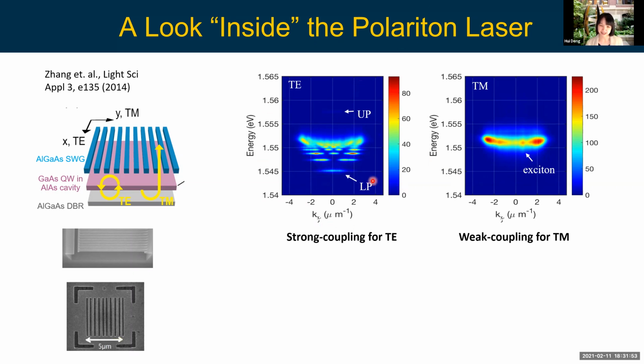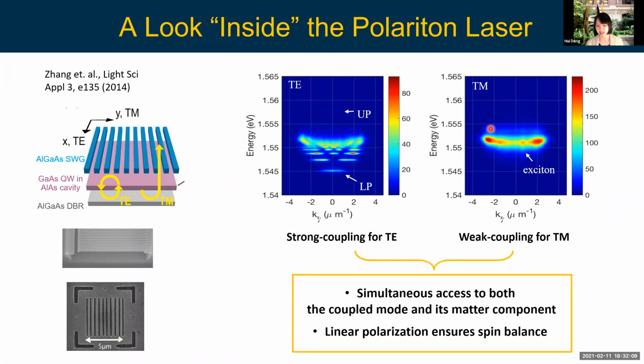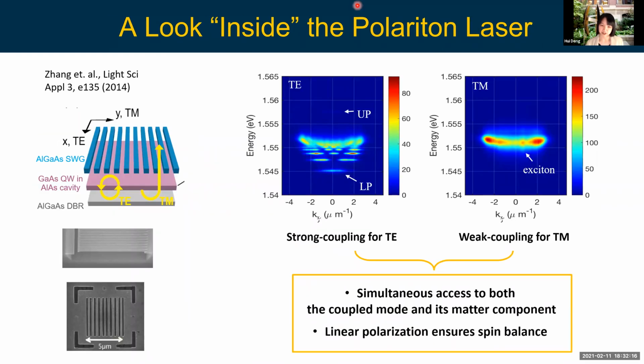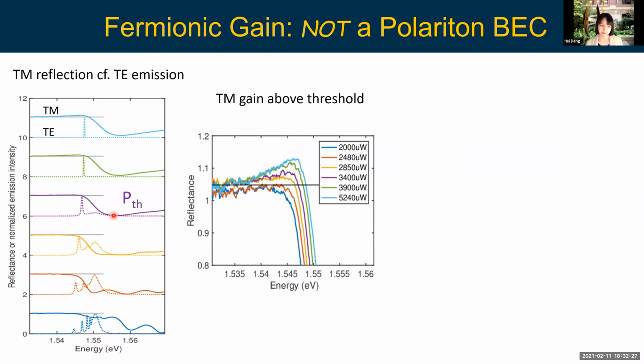The nice thing about it is that both of these do share the same electronic reservoir. So now we can look at this one to see what happens for the polaritons, and look at this one to see what is going on in the electronic reservoir that was difficult to access before. So our basic finding is that if you just look at this one alone, you will see a lasing that's indistinguishable between a BEC limit and the BCS limit. If you look at the TM mode, then you will be able to see whether or not there is gain